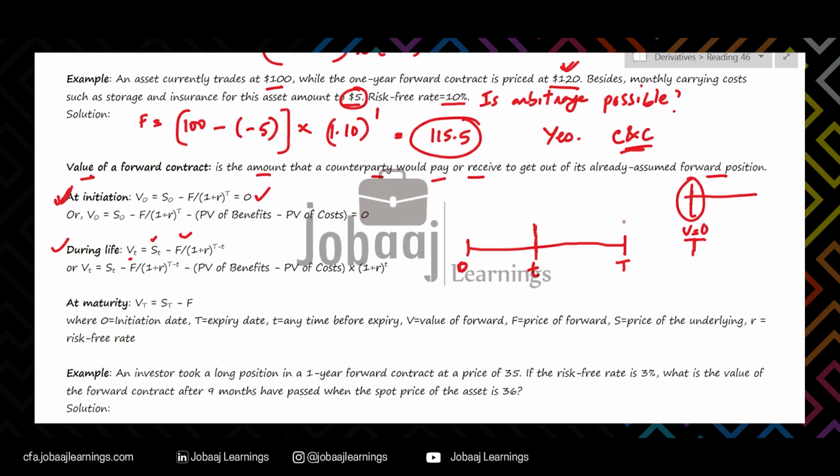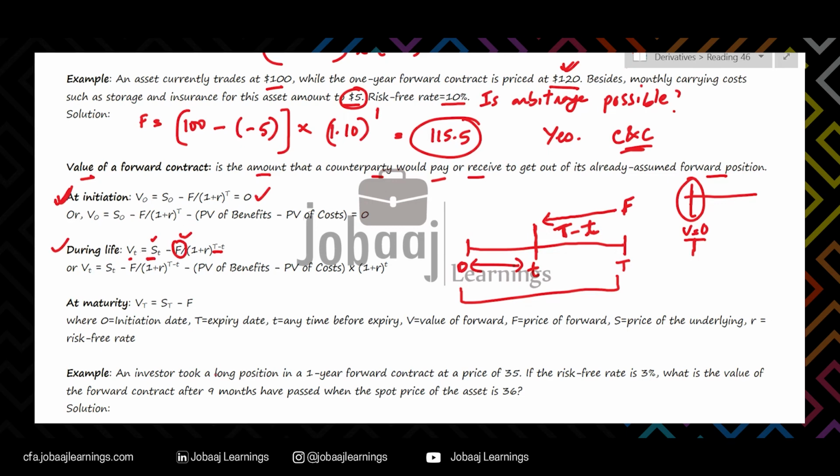Okay, so if on this date the parties want to offset the position, this is also called offsetting, that the parties want to settle the contract in between, then what should be the payoff? For that you need to find the forward value as on this date. We know on expiry the contract will be made at F, okay, the forward price. So if we discount it for this period, what is this period? This is capital T minus small t, right? Out of this whole T, this t has already expired. So the remaining is total minus what time has lapsed. Okay. So discounting it for this period, we get the price of the forward as on that date and then compare it with the stock price and we will get the value.